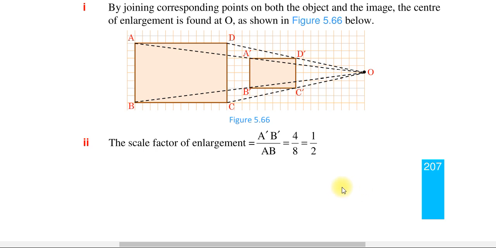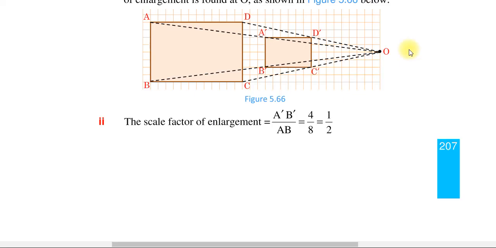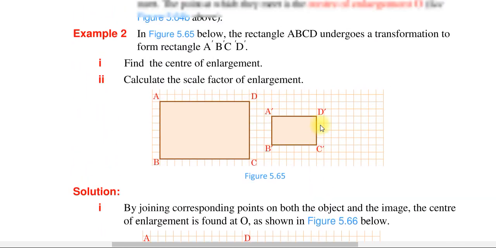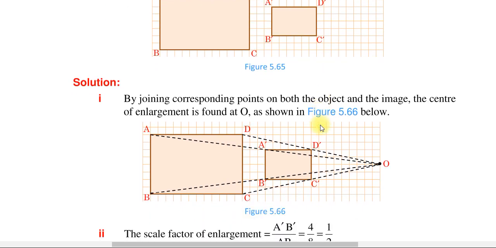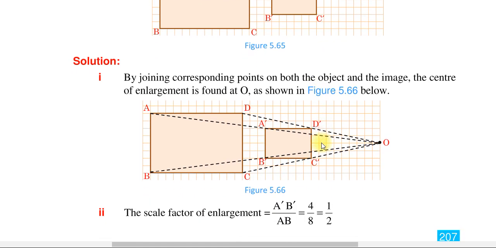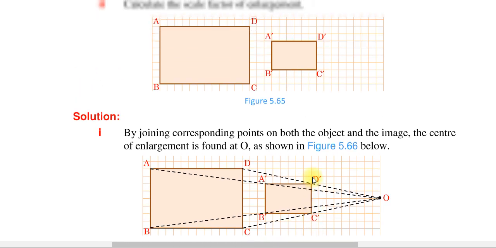And a scale factor of enlargement is equal to A prime B prime over AB ነው። A prime B prime over AB which is equal to 4 over 8 which is equal to 1 over 2 ይለናል። እንግዲህ እዚህ ላይ ከየት እንዳመጣው ቁጥሩ ኦልሬዲ አልተሰጠም። ኦኬ ምናልባት ቫልዩዎቹ ተሰጥተው ከሆነ ያ ማለት A prime B prime is equal to 4 ተብሎ ከተሰጠ እንዲሁም AB 8 ነው ተብሎ ከተሰጠ ስኬሉን ማግኘት እንችላለን። ነገር ግን እዚህ ጋር